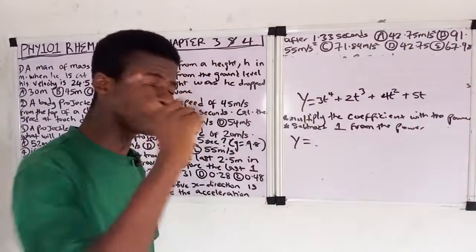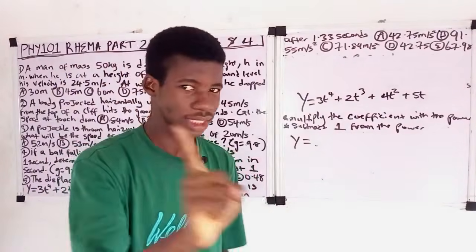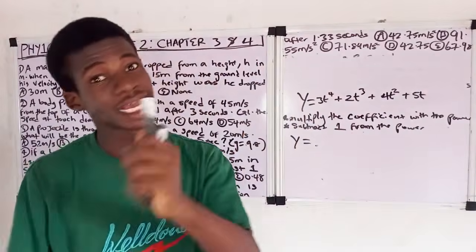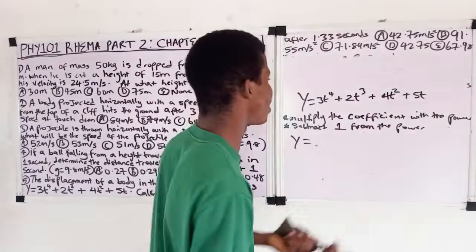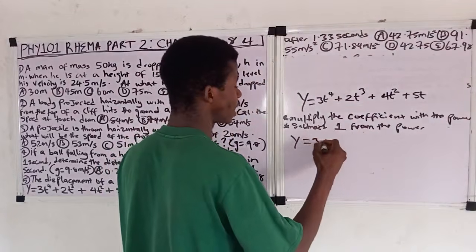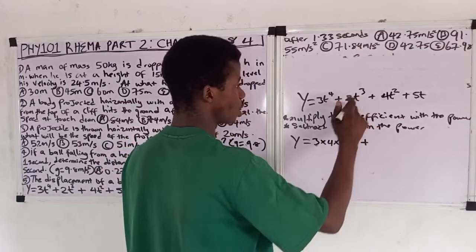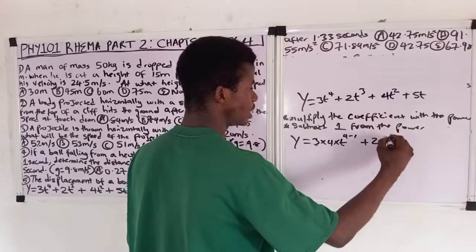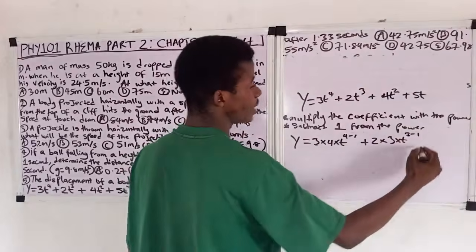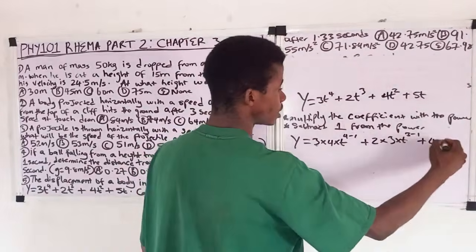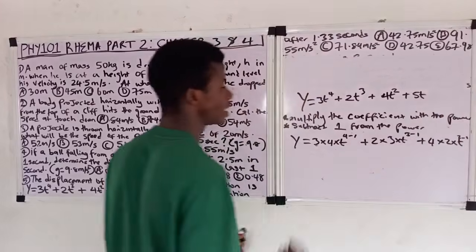So remember, I told you guys that if we are looking for velocity, we will differentiate once. But in this question, they ask us for what? Acceleration. So we differentiate twice, right? Now let's continue. So multiply the coefficient with the power. So it will be 3 times 4, then times t, then we subtract 1 from the power. Then plus 2 times the power, which is 3, then times t, then subtract 1 from 3. Then plus 4 times the power, which is 2, then times t, we subtract 1 from the power, so 2 minus 1. Yes, then plus